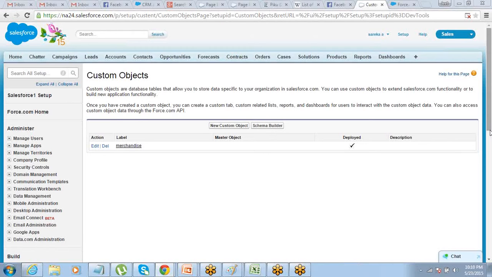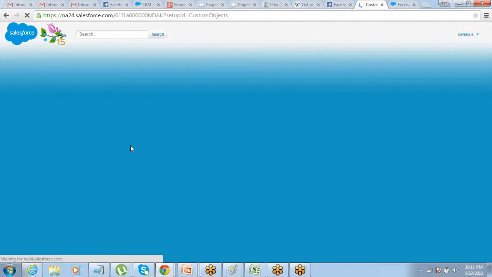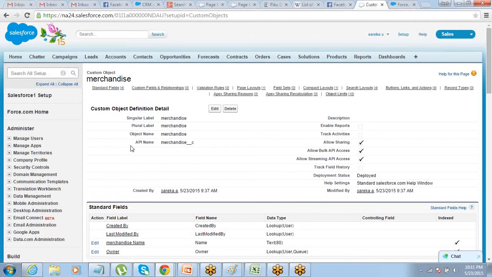So let me go to the merchandise object. If you click on this merchandise object, you will get to see all the fields of that object. Once you've created and saved the object, you might be seeing this screen. This is the detail page of the merchandise object. Here you have all the fields.